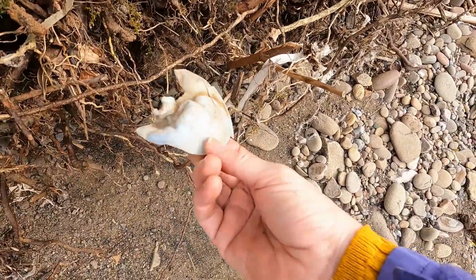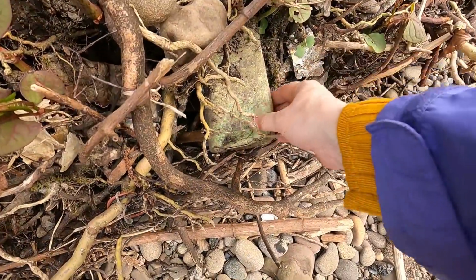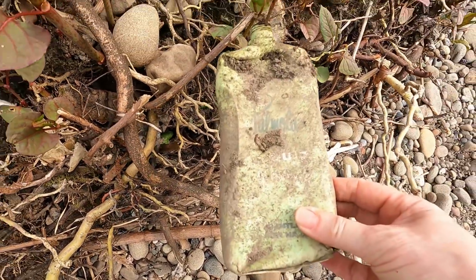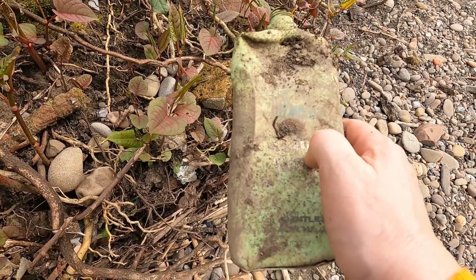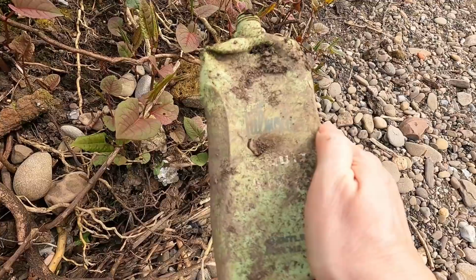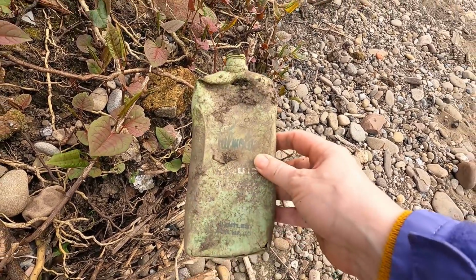A bit of plastic something. Pumpkin. Now this should give us an idea of some dates. What's this? Palm old. Or is it palm olive? No. Yes, it's palm olive. Oh, a palm olive bottle. We'll take that home, wash it up, and we'll have a look at that on